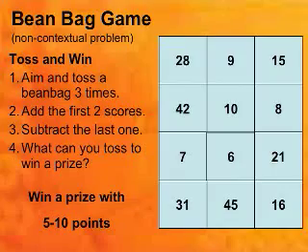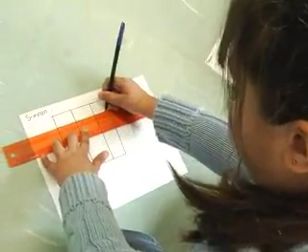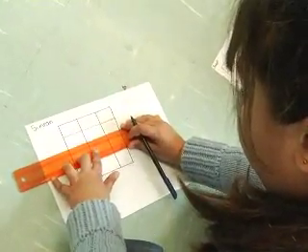Now, we have been advocating for the last while that we use lots more context and that we make more of our problems meaningful to students by using context, but sometimes we still use more purely mathematical context, but they can still be engaging for students. So you'll notice here I'm showing you a different situation. We have this little beanbag game that students are playing, and they get to throw beanbags, which is already fun for students, and they have to do some addition and subtraction in order to solve the beanbag problem.